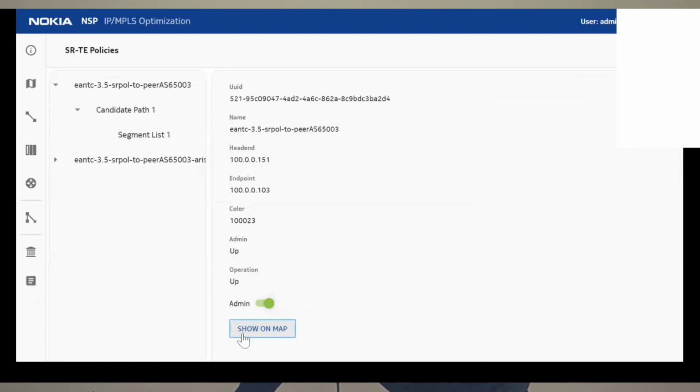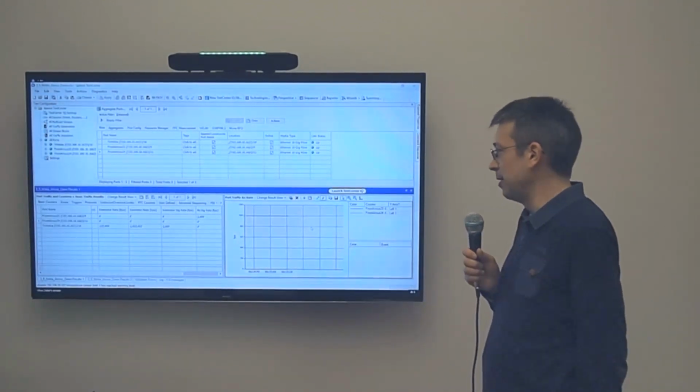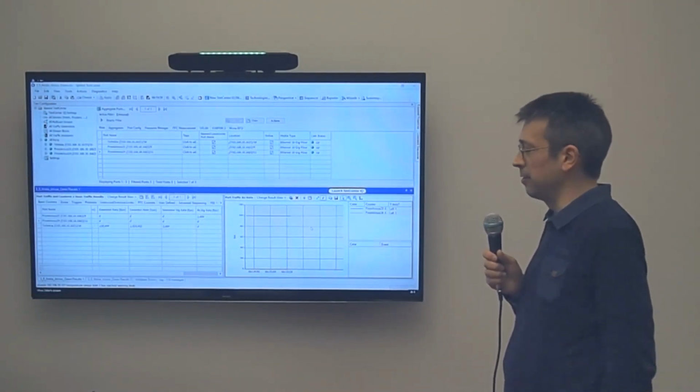And if I display this on the map, I should have this traffic going from Nokia 151 to Juniper 103 and going to the Peer 02, so to the autonomous system 65003. And here I would like to show the results on the Spirent, so to see that we have traffic change on this interface. On the Spirent tester, we are sending some traffic,